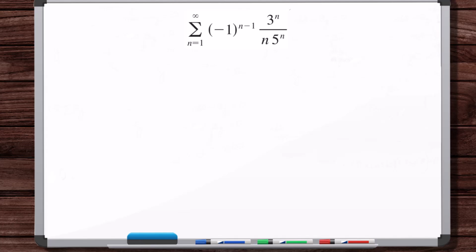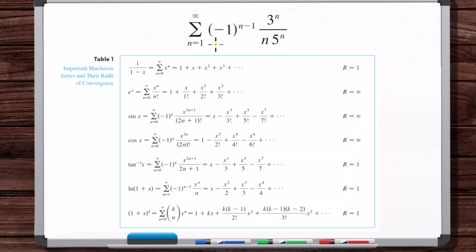Okay, what do we have here? So you can see from the previous problem, we don't really have to worry about an alternating term. We can create that if we need. So let's just focus on the non-alternating portion. We've got just this n in the denominator, and I see natural log of 1 plus x is the only one of these Maclaurin series with just an n in the denominator. But also notice there's no x here. So that means something was input for the x. And so in that case, clearly we're dealing with natural log of 1 plus x, because we can write this as